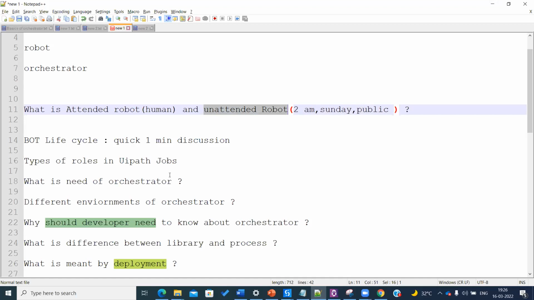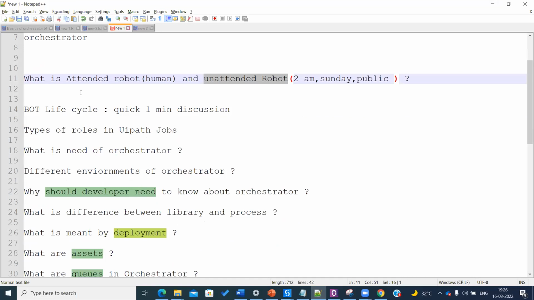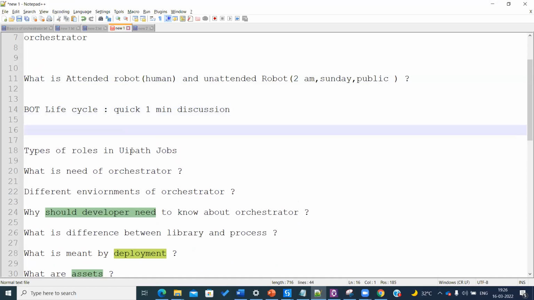That's the difference. Now, I'll quickly speak about the bot life cycle. Somebody may have been in RPA jobs, somebody may be a complete fresher and not know what happens. If you learn your path, what is your next step and what happens in a real-time scenario? In the bot lifecycle, I would mostly cover Orchestrator-related topics. The next speaker will speak in more detail. But in the lifecycle, you need to understand two things.